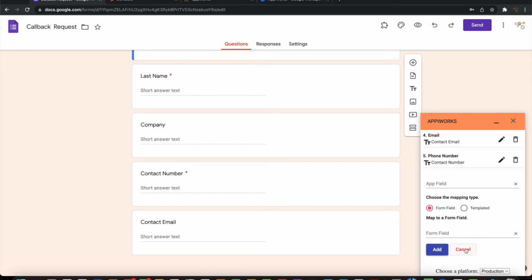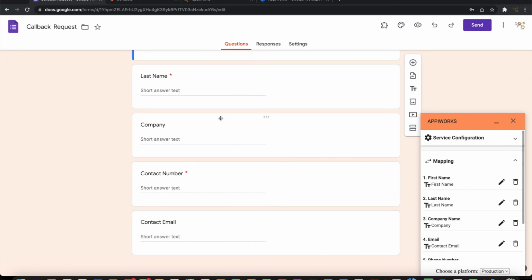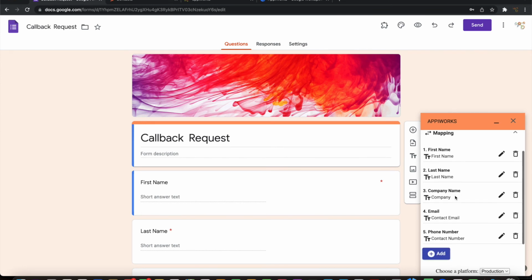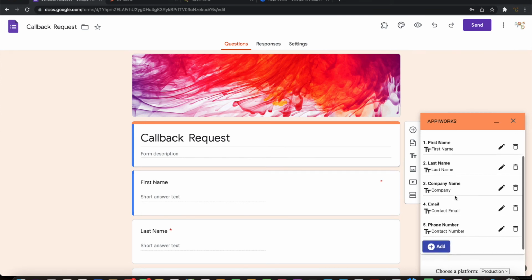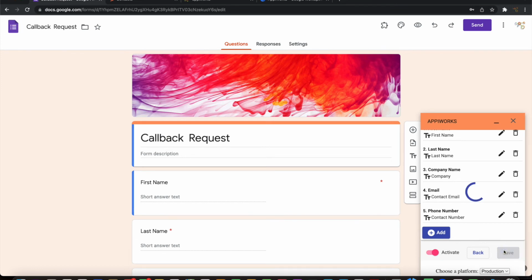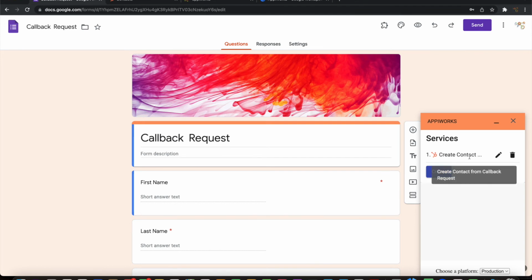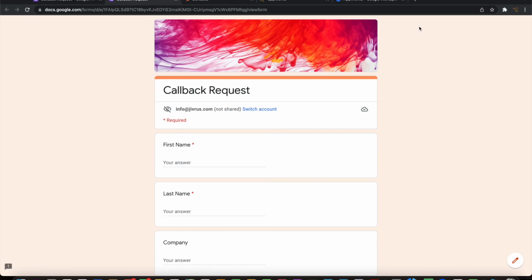So I have now done all the mapping. Five fields in this form are mapped into five different HubSpot CRM fields. Let me go ahead and save this. So now the service is created and it is ready to create a contact on HubSpot CRM on submission of this Google form. Let us see how it works. So let's view this.